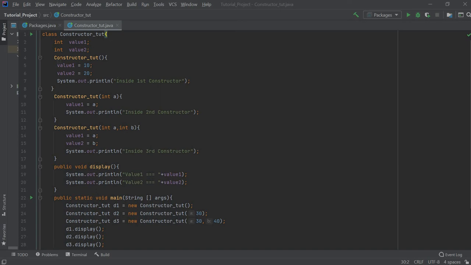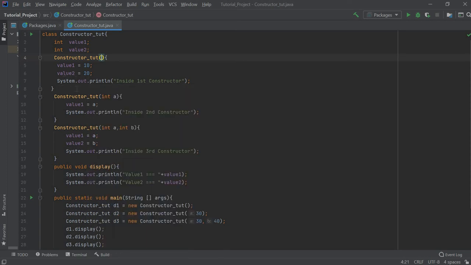So after that, now I'm going to define the default constructor, means there will be no parameters inside the parenthesis. This default constructor is simply used to assign the values to the variables, right? Or you can say the data members. So value 1 is assigned value 10 and value 2 is assigned value 20.